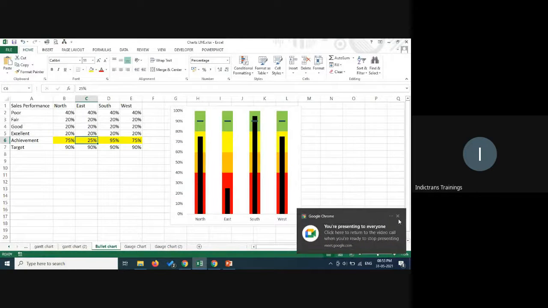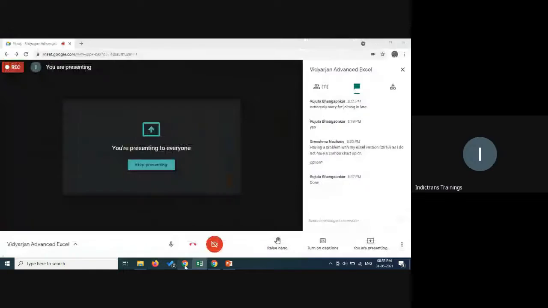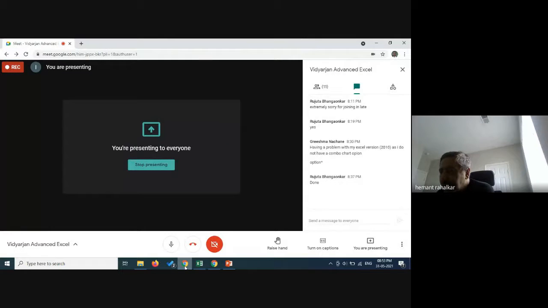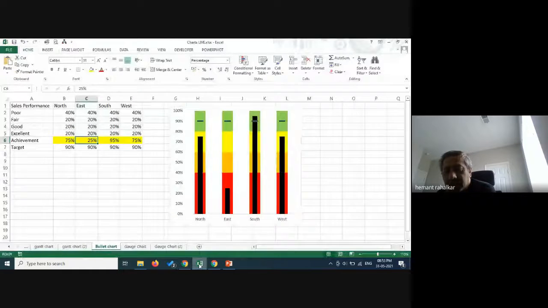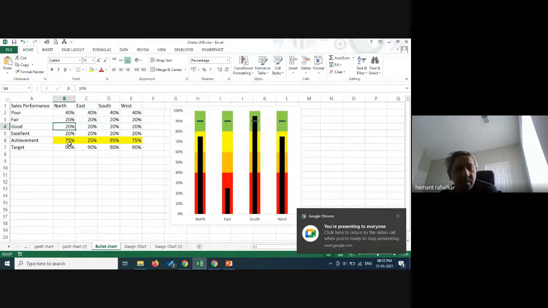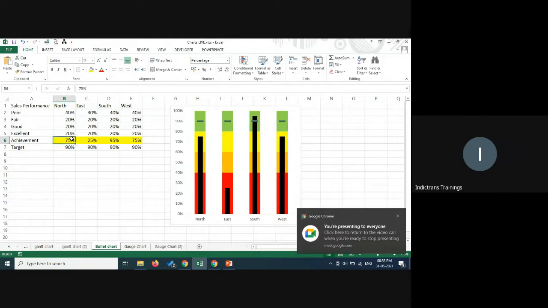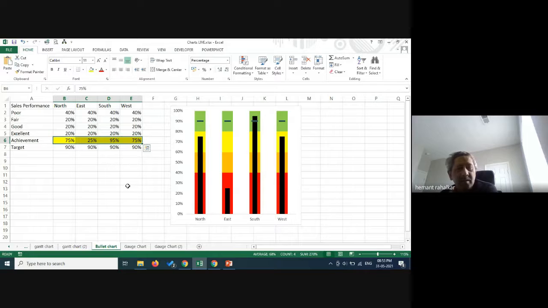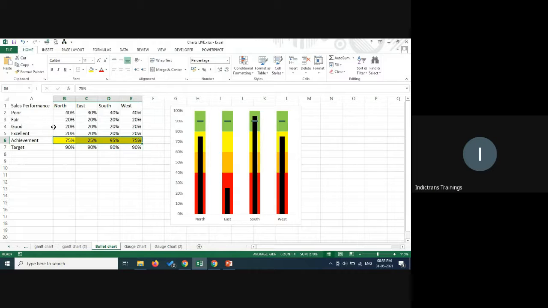Okay, so you have to prepare the base data, or base Excel sheet, and based on that generate this data on the left side: sales performance, poor, all that thing. So basically you get the data like this: 75, 25, 95, something like that. You need to prepare data in this particular format. So your poor may be 30%. You may get some different numbers, but you have to adjust your numbers and put them in this particular format.